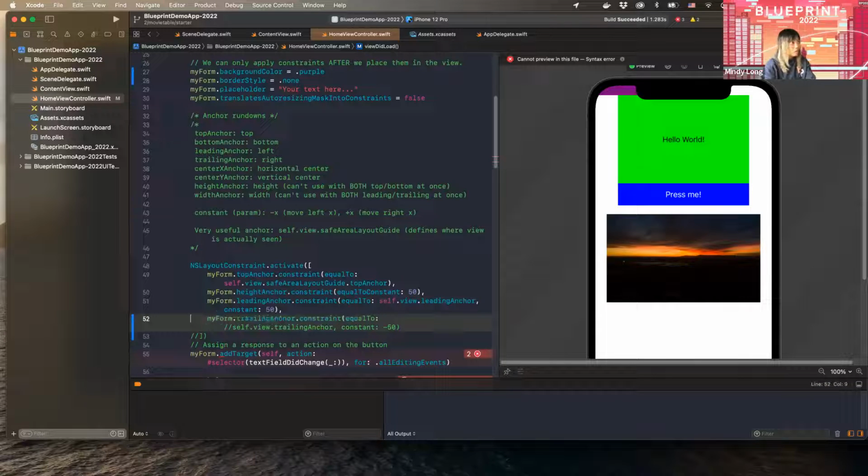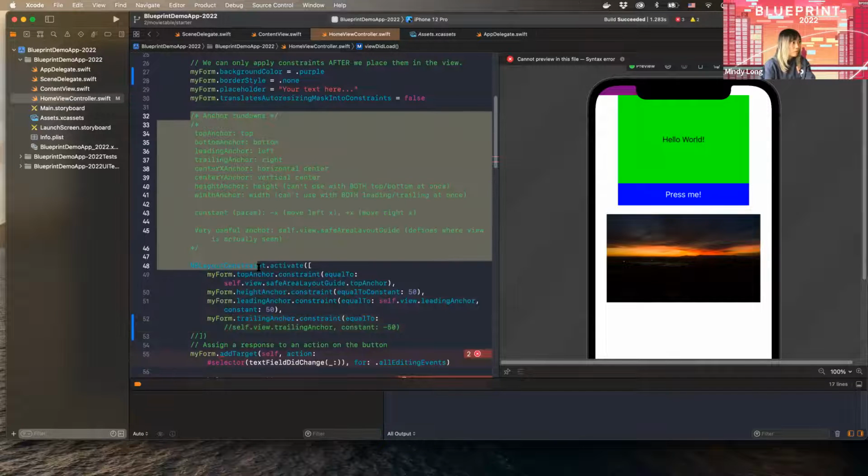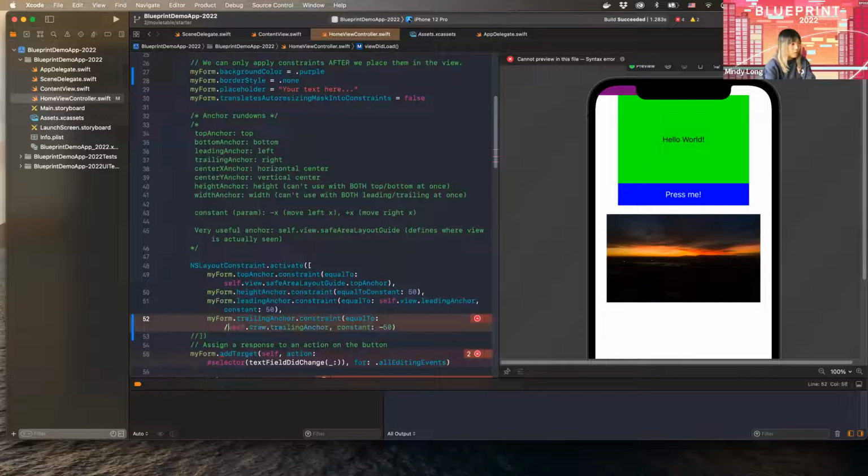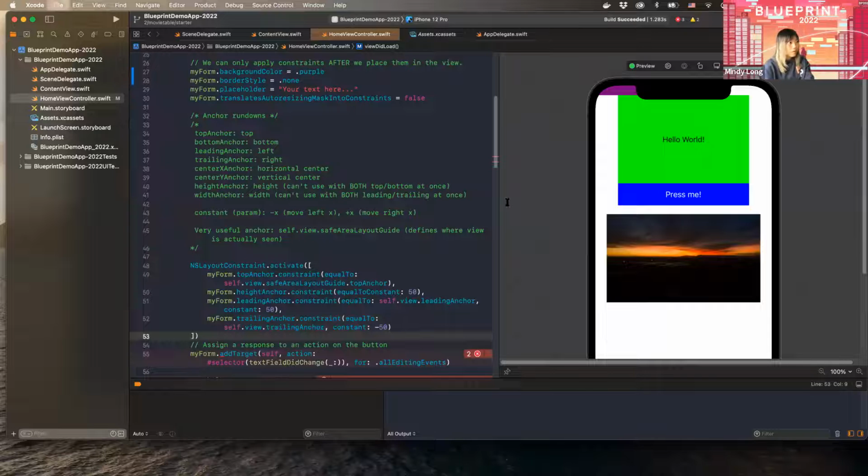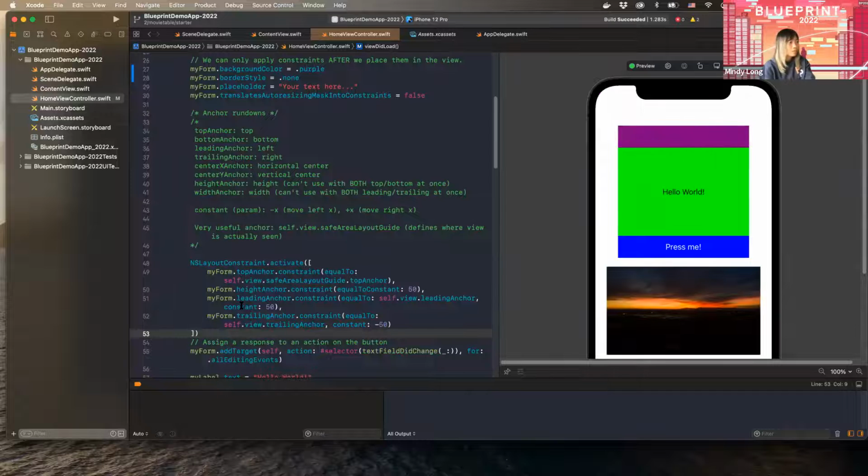In the comments above, there are some useful anchors that you might want. Let's say for here, I want my form to be at the very top of the page, then I would say let my top anchor